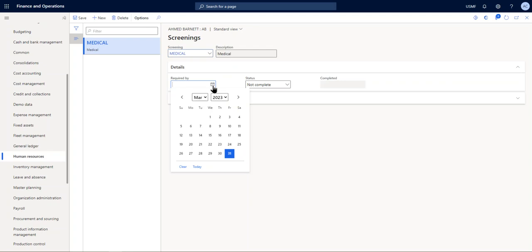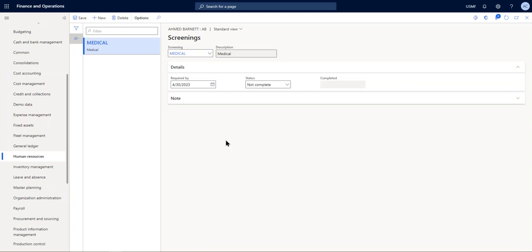This is simply for informational purposes. So when is this required by for this employee, and we can have it down in the future by 30th of April, for instance, this medical screening should be completed. The status is not complete as of yet, and you can put additional notes to it and simply save that. And as I mentioned, this